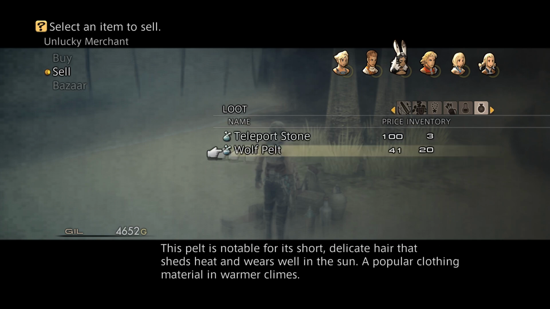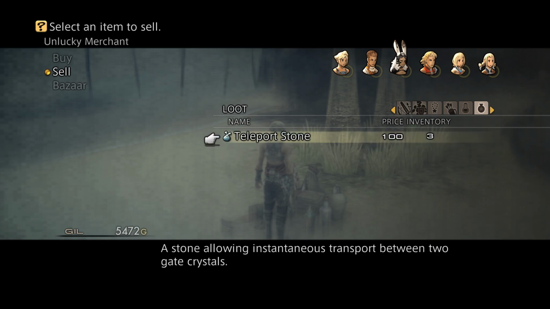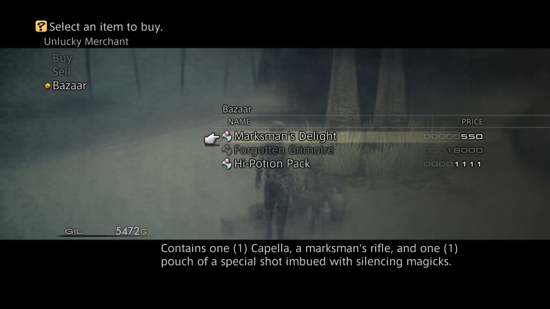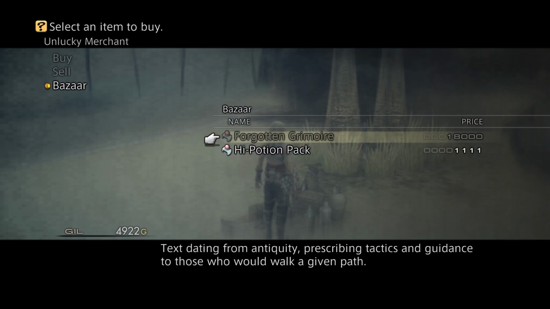With all of the vials of green liquid that we got, and yes, I chained wolves in the Barheim Passage, and I think the other thing that we need is dark stones, which we got a ton of from skeletons, and a couple of fish scales. From the bazaar, we can get Marksman's Delight, which contains 1 capella and 1 pouch of a special shot imbued with silencing magics. This is the silent shot that was talked about in the